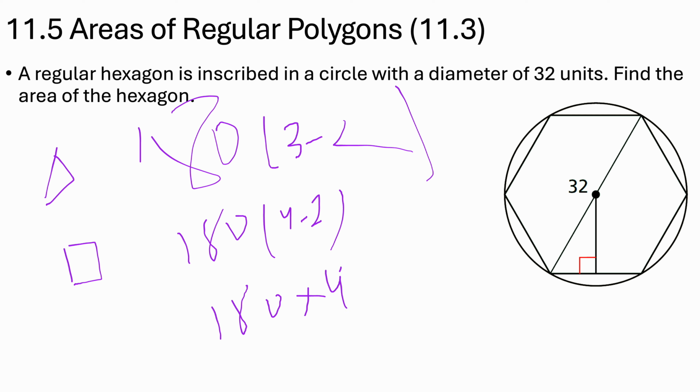So for each angle of the six, each angle will be divided by 6. Because you have to divide 180 times 4 by 6, so 720 divided by 6, every angle will be 120 degrees. For a hexagon, every angle is 120 degrees. So if it is 120, this half will be 60 degrees.